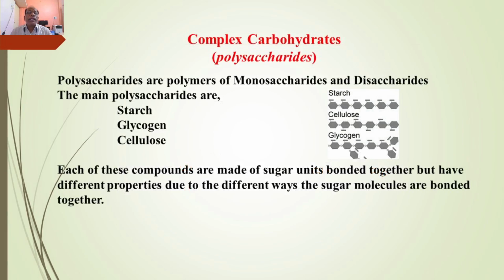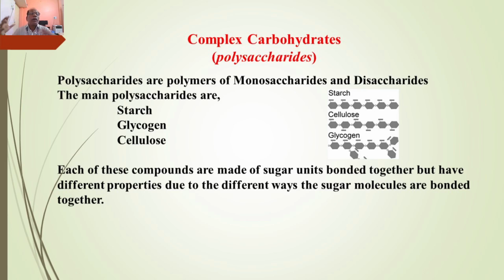Then complex carbohydrates are called polysaccharides. Polysaccharides are polymers of the monosaccharides, or a chain of monosaccharides and disaccharides. The main polysaccharides are starch, glycogen, cellulose. These are the polysaccharides or the complex carbohydrates resulting from the chain of